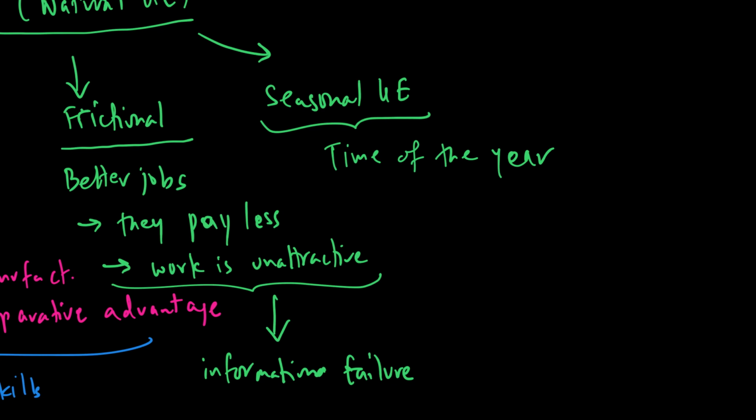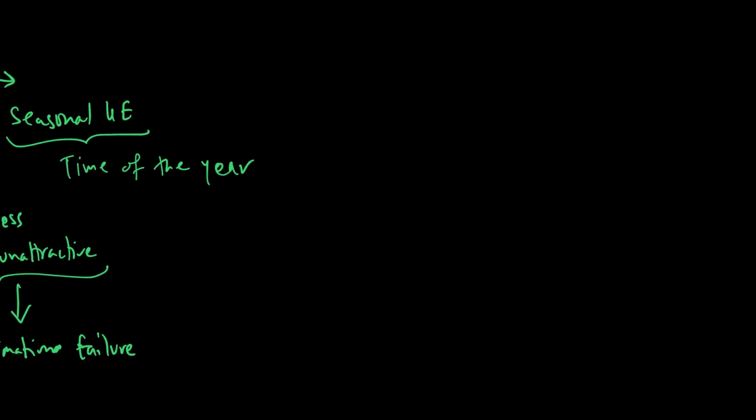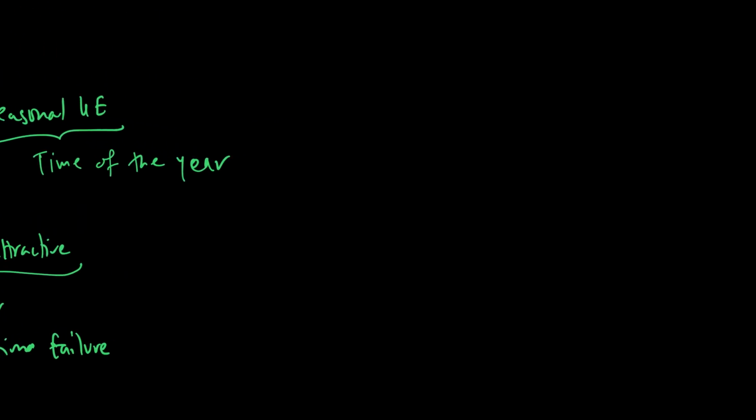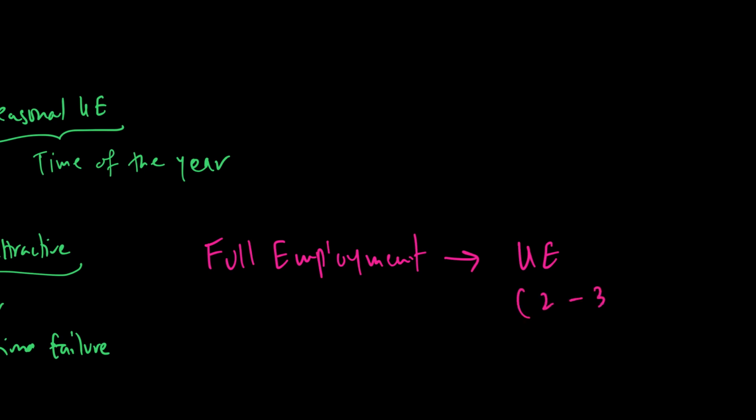To sum up, whenever an economy is said to be at full employment, which is a concept we always talk about, as we always want to have full employment, this full employment basically means there will still be some kind of unemployment. The unemployment at full employment is roughly 2 to 3%. It's not significant. And according to economists, this kind of unemployment happens because of what we call voluntary unemployment, which is mainly